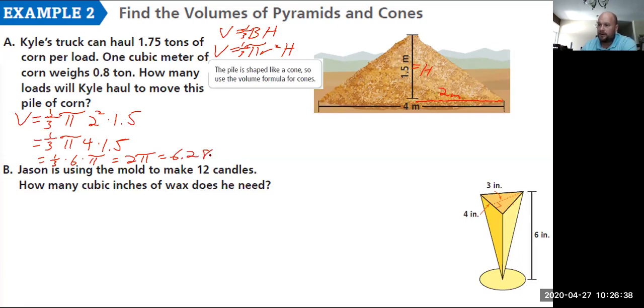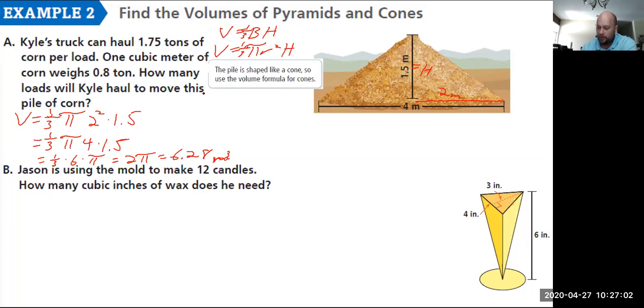Now, this is our volume, in meters cubed. We need to figure out how much it weighs in order to answer this question, because it doesn't say how much volume his truck can carry. It's how many tons his truck can carry. So if we know that each cubic meter weighs 0.8 tons, we need to multiply that